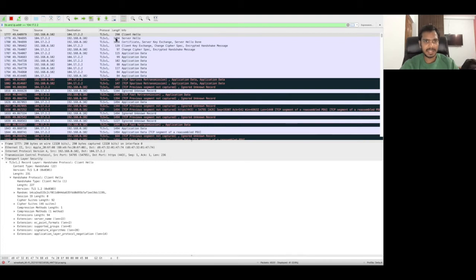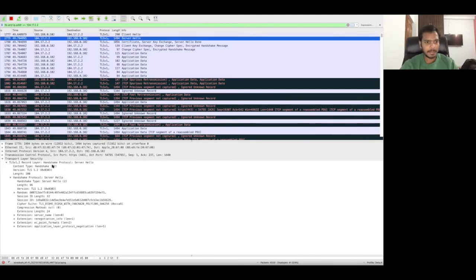Now let's look at the second message, the server hello, right? Now if you look at this again, the reply is coming from the server side, so everything will be in reverse. Source here is the PagerDuty web server, its IP address is there. Destination is me now. Everything has reversed. Similarly, the port number: the reply is coming from port 443 to our port number, from which we started the connection.